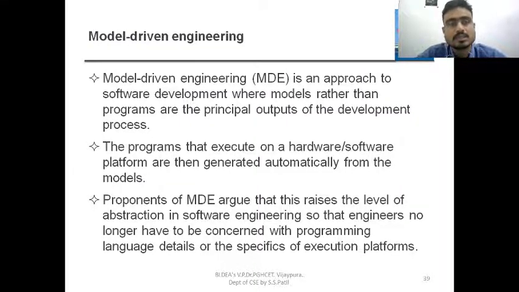That is nothing but model driven engineering. The programs that execute on a hardware or software platform are generated automatically from the models. Are you getting the point? The small programs, the modules which you are going to execute on hardware or software, are generating the desired results. That is model driven engineering.